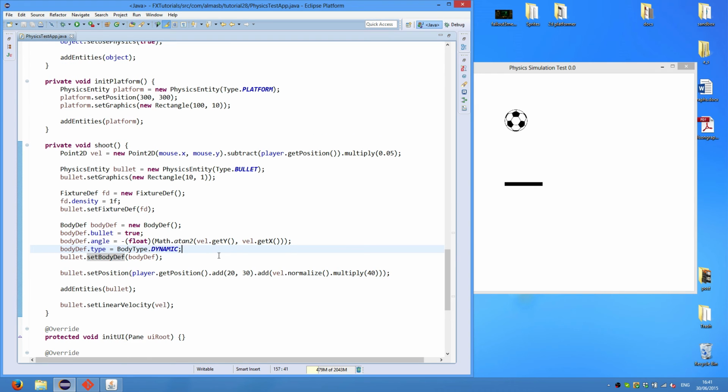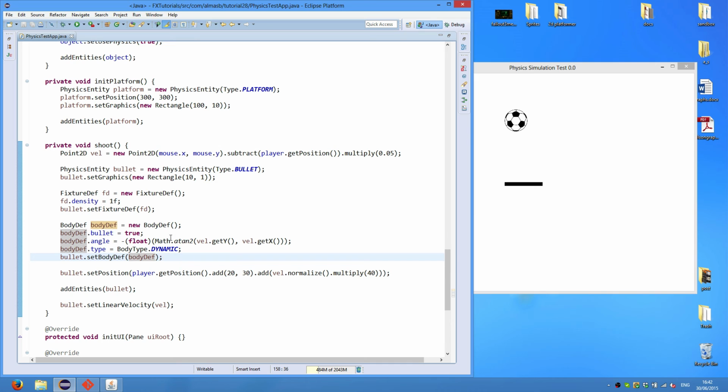If it's an arrow, this is something that you might want to do, because the arrow is slightly different than a bullet. We might do another tutorial where you can shoot an arrow from the bow and get this real